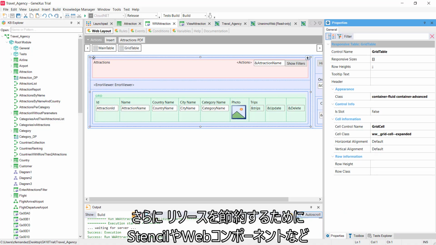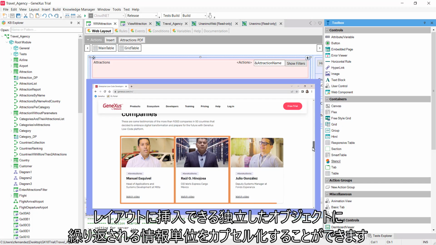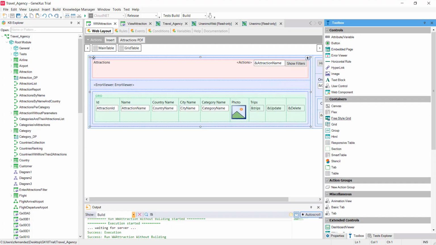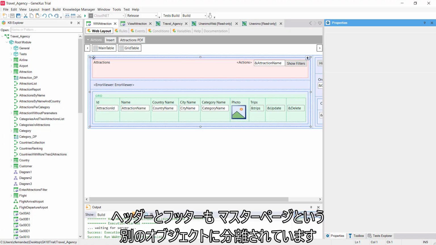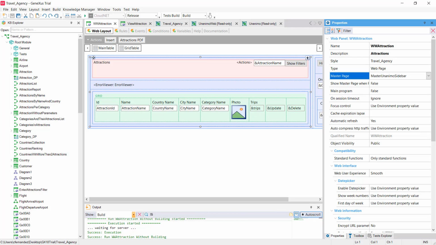In addition, in order to save resources, we'll be able to encapsulate repetitive information units in independent objects that can then be inserted in the layouts, such as stencils or web components. Even the header and footer are separated in another object, the master page. And here it is.